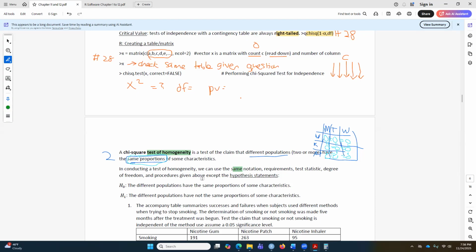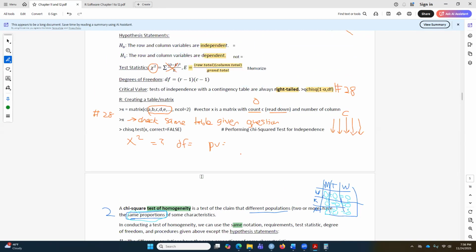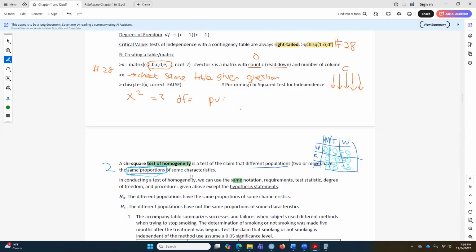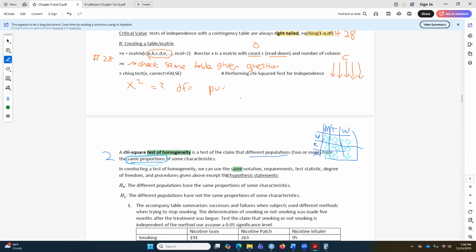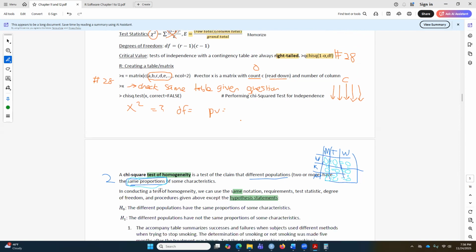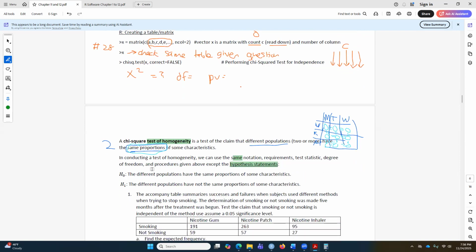doing the test of independence. It means everything you did here is exactly the same. The only exception is that your hypothesis statements are different. Instead of independent and dependent for the test of independence, for the test of homogeneity the different portions have the same proportion,